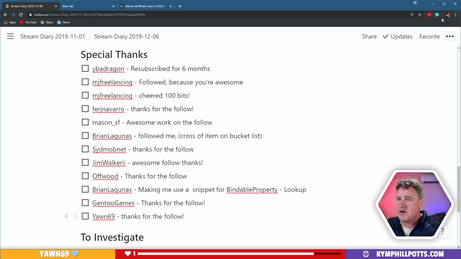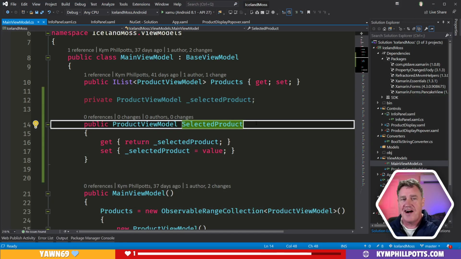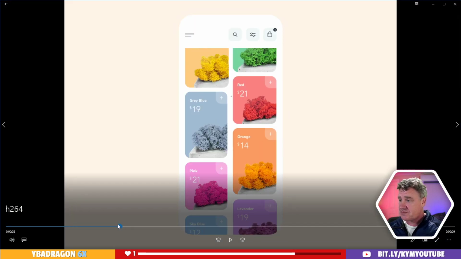So, Yawn, in case you're wondering what we're doing, I'm getting schooled on a whole bunch of shortcuts for Visual Studio. Creating some bindable properties, and right now I'm setting up a bindable property. But what we're ultimately doing is we're trying to reproduce a UI in Xamarin.Forms,